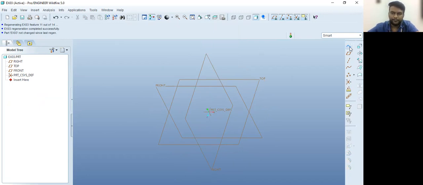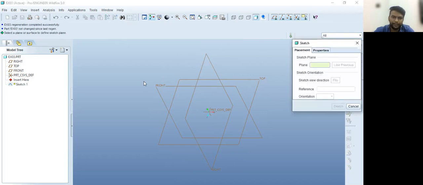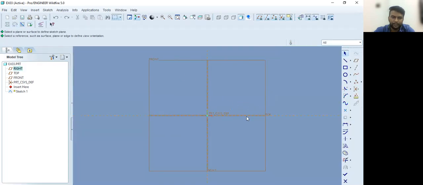Now, first you need to create a sketch, a cross section of a section that is symmetrical over the central axis. We just need to create a cross section, and then we are going to revolve about the center line, and it is going to be converted into 3D. That is, the cross section is going to be revolved. Select the sketch tool, and then you need to select the plane. Once you select the plane, click on the sketch, and the plane will appear on the screen. You can see the front plane here.